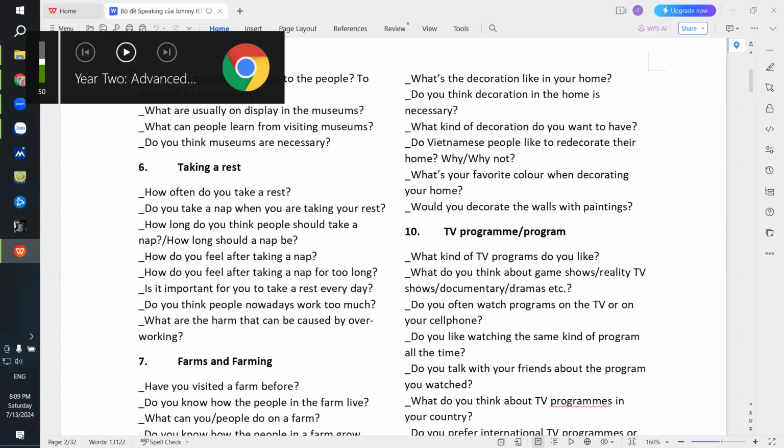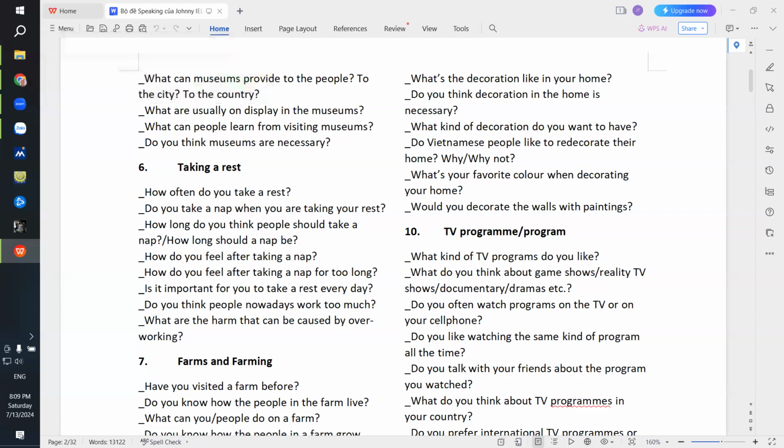I see. So, how about you, Mr.? What's the decoration like in your home? My home is quite simple, like others' houses. There are a living room, two bedrooms, and a kitchen. There is no clear division between kitchens and